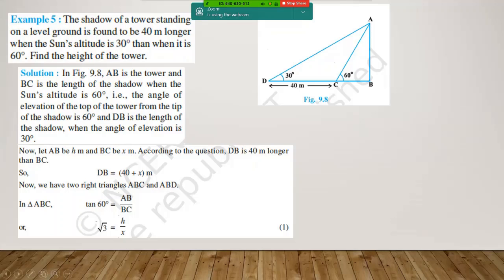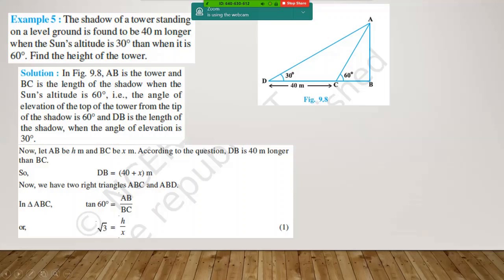How does the shadow fall, children? Where is the shadow in this diagram? Where is the shadow for AB? AC and AD. Once it is AC, then as the sun's position changes, it goes to AD. Fine with that? It never goes from B up. I hope you know. Otherwise, go and stand in the sun and see where the shadow falls.